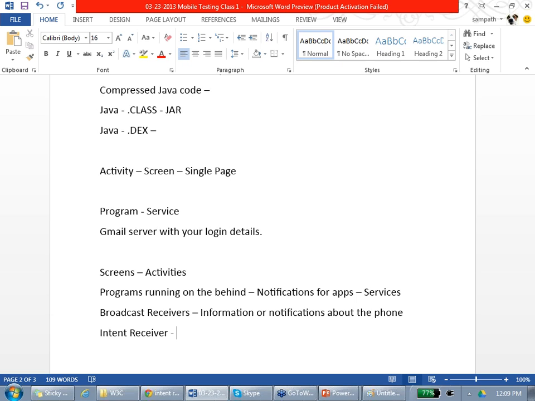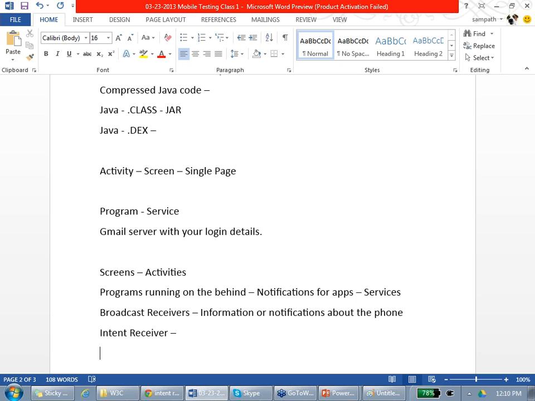You took a photo. Someone will come up and say, oh, do you want to upload to my Dropbox? Someone is interested in whatever you are doing now. But that app is not open. But that app will come and say, okay, do you want to give me that? Agreed? That is an intent receiver. For example, you automatically copied something. You are reading a book, you copied. Oh, do you want to send this in an email? Gmail will open, mail will open, Facebook will open. Or do you want to paste this as your status? So these are intent receivers. They are interested in whatever you are doing. They are always looking for you.